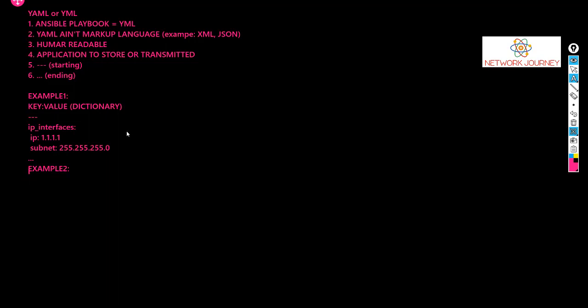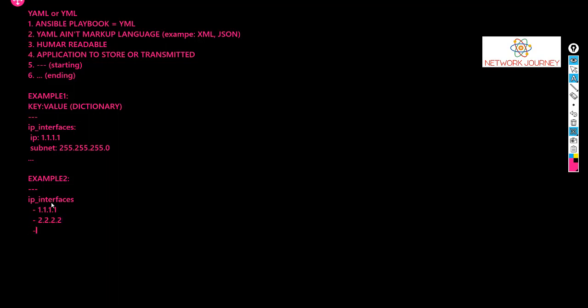In the case of example 2, I'll start with the 3 hyphens. Let's say IP interface. Now, unlike the above example, I can make use of a list format. Let's say I have 1.1.1.1, I have 2.2.2.2.